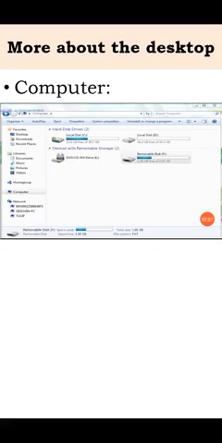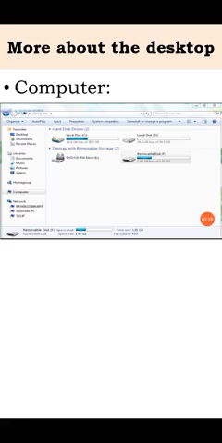Using the My Computer icon, you can access all the stored information in your computer, or everything that is stored in your computer can be accessed from the My Computer icon.